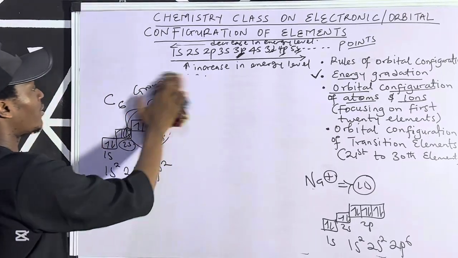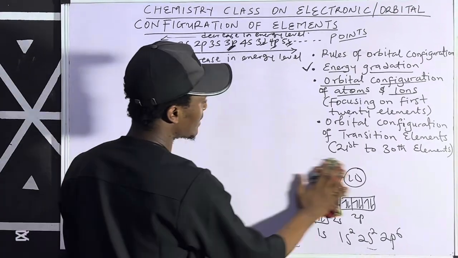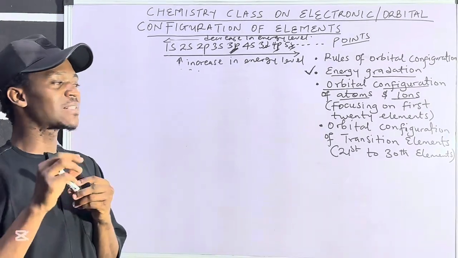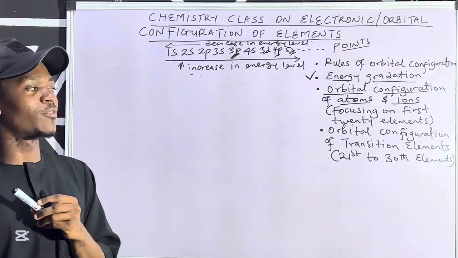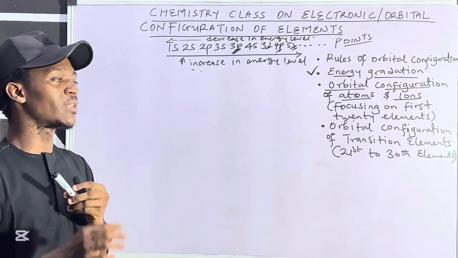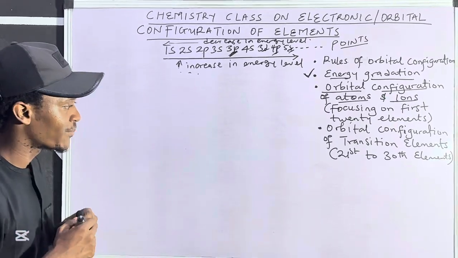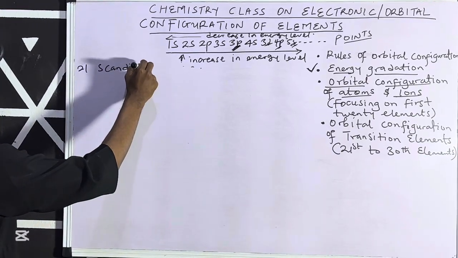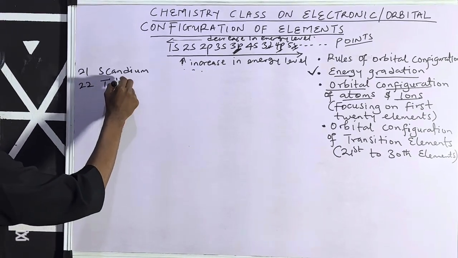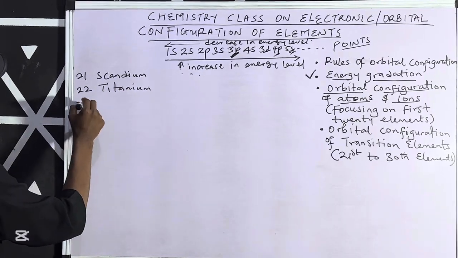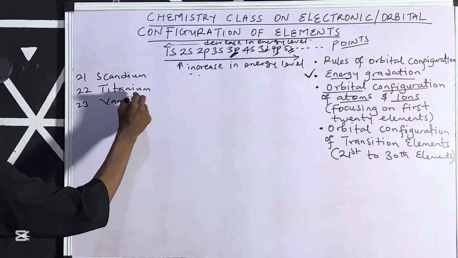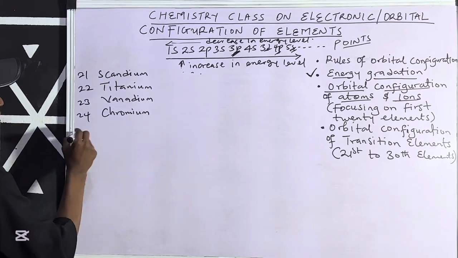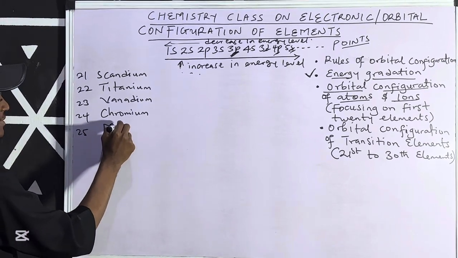Now, from all the things that we have considered about the first 20 elements, there will be a slight discrepancy in the orbital configuration of transition elements, looking at the 21st all through to the 30th element. Now I'm going to list them. The 21st element is scandium, then the 22nd is titanium, then the 23rd is vanadium. Then the 24th is chromium, then the 25th is manganese,